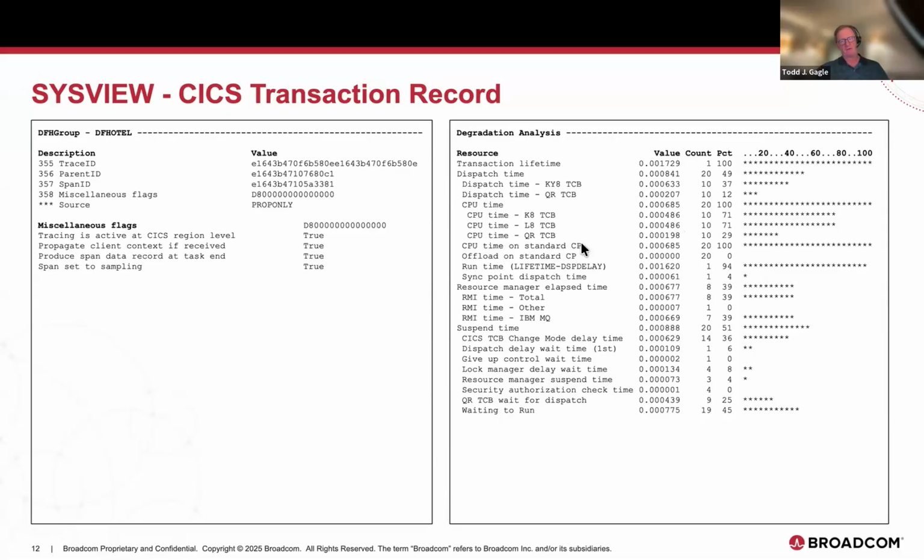You might be thinking, well, I might like to have some of this other stuff too, because that would tell me maybe how much CPU time it ran, how long it spent in MQ, or how long it spent in DB2, something like that. That part's not there, and it's intentionally not there. But that's where I'm suggesting there's a future, where if you add metrics or logs to that same OTel collector, you can expand this and get more information out of it.